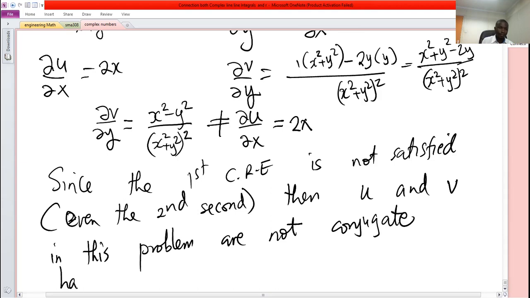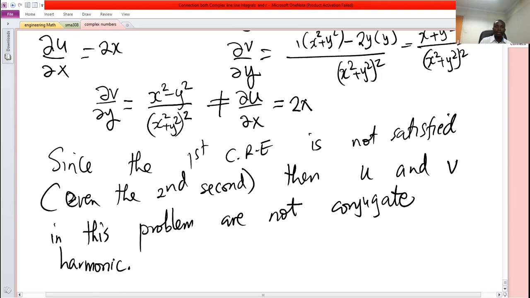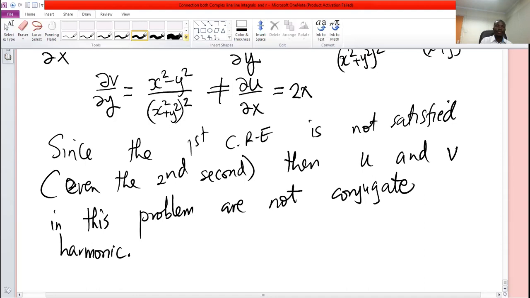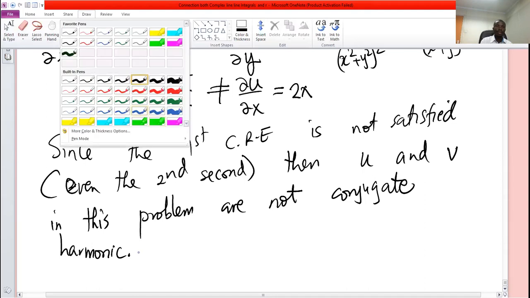From this calculation, then we can see that there's a possibility. So the answer to our question is